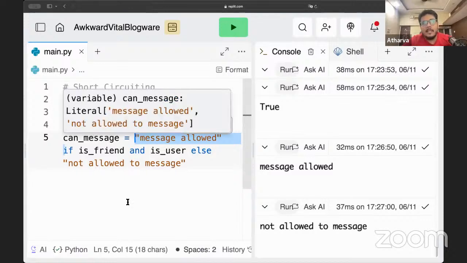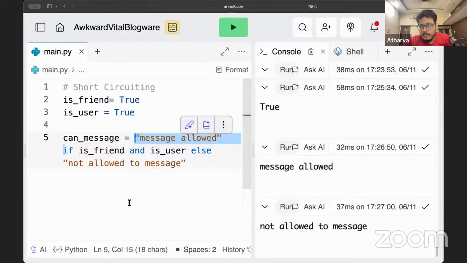But short circuiting is a process in which you only need to partially compute and you already know what the answer will be. So is this code short circuiting or not? Not really. This won't short circuit.